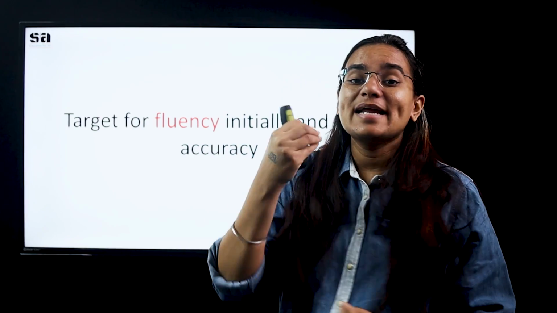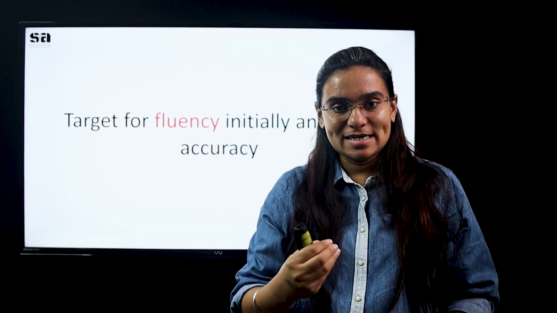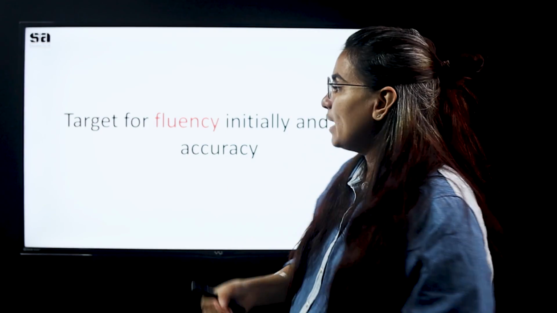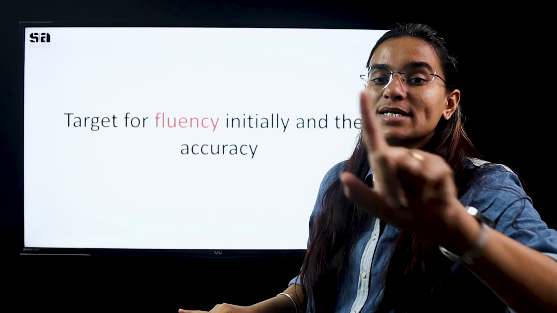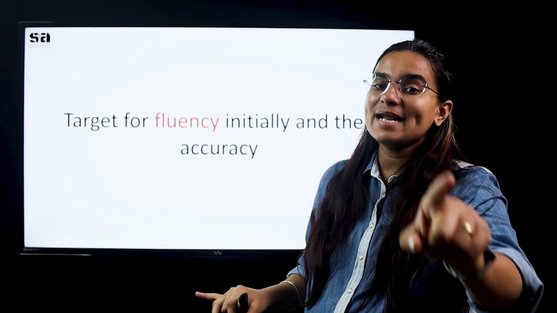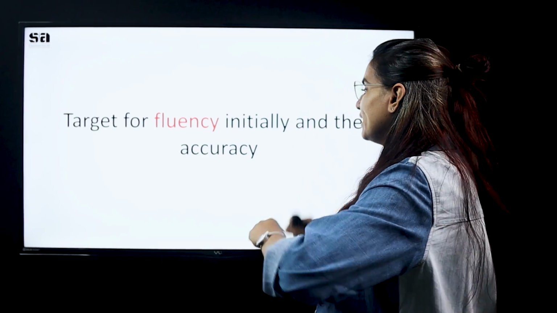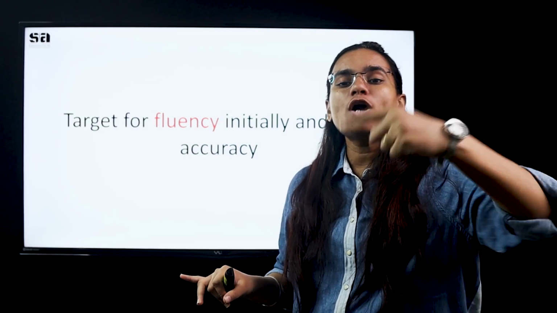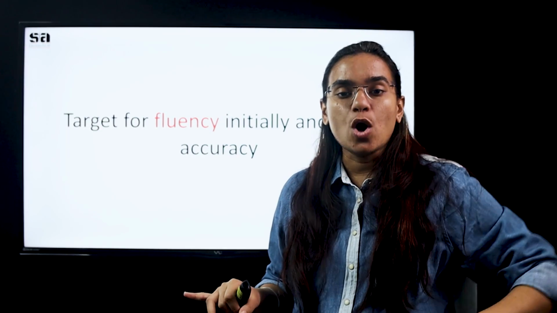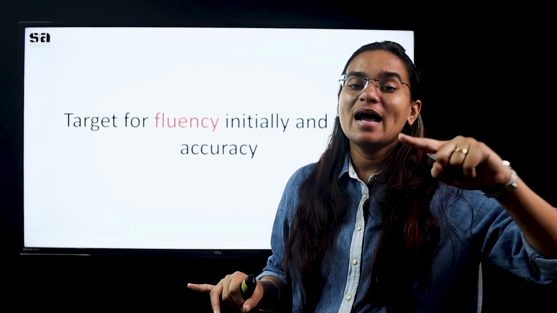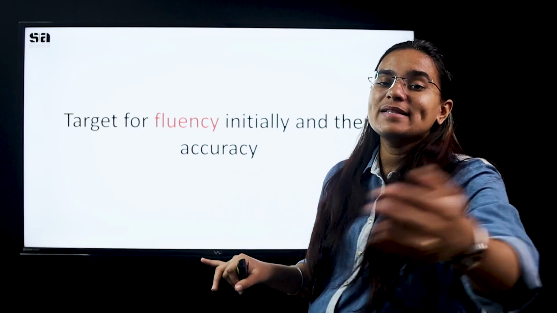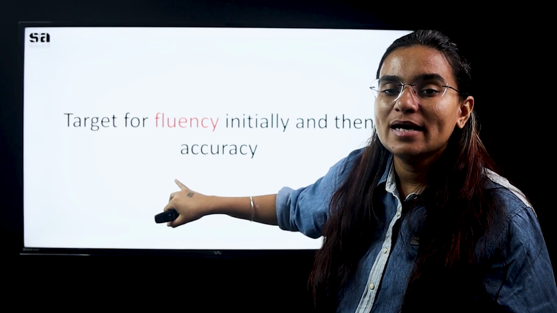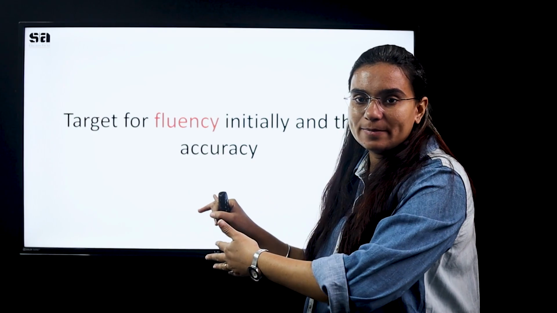I target an idea. If I have an idea, I have to tell you that idea. I have to communicate that idea to you. I'll be focusing on doing it properly, smoothly, without any pauses and hesitation. And down the line, I'll definitely take care of my accuracy, but I'll not stop my answer because I'm not accurate. Okay? I'm following accuracy later, and that's what I want you guys to do. Follow fluency first and side by side follow accuracy.